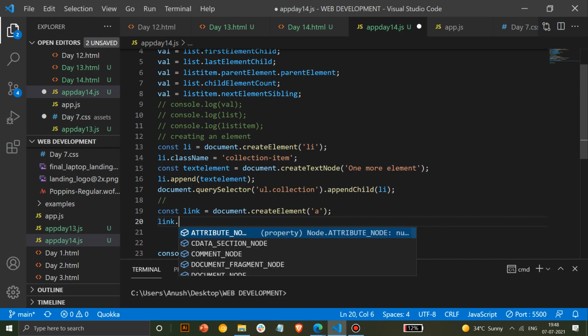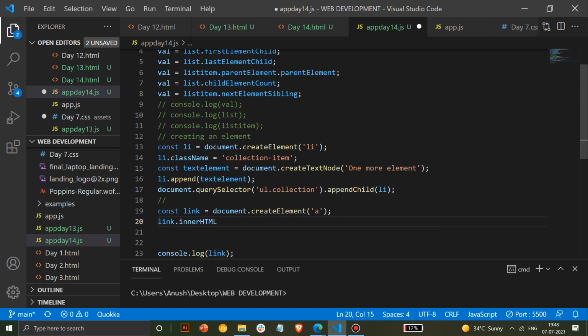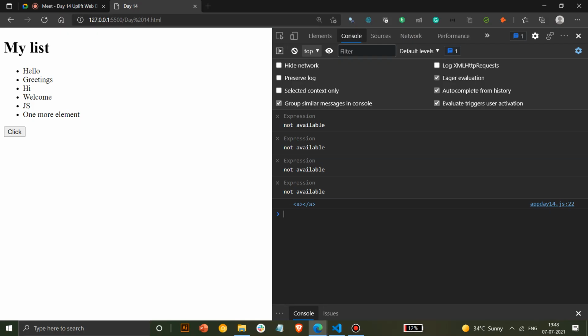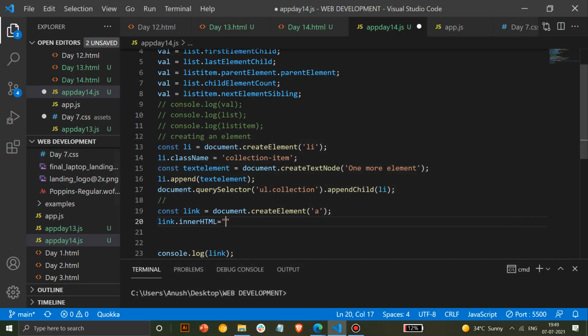We'll do innerHTML, and in innerHTML you can add whatever text you want to embed. Inside an anchor tag we'll add some text. What should we add? Anyone? Okay, click here, something like that. We'll add this in an h4 tag.